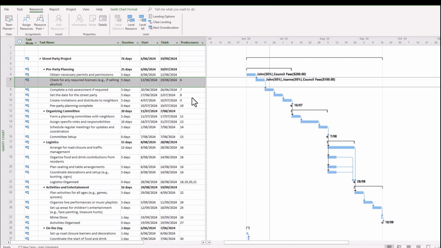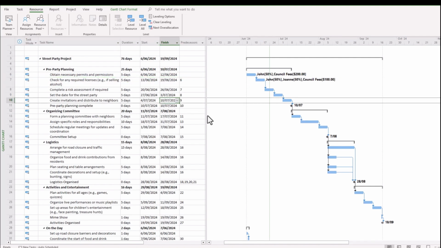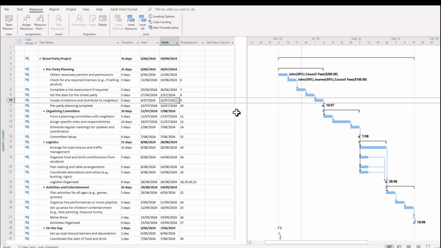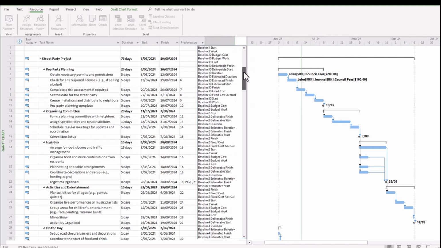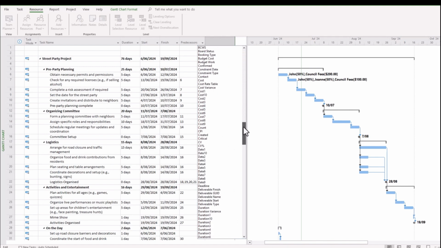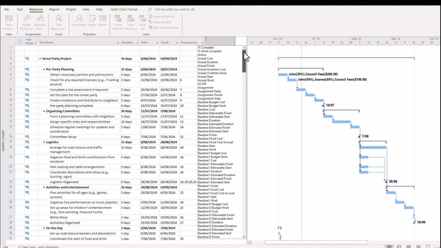Now, the third method in assigning resources is by use of the resource names column. When you want to add a new column to your worksheet, there are numerous options of different pieces of information that can be shown.